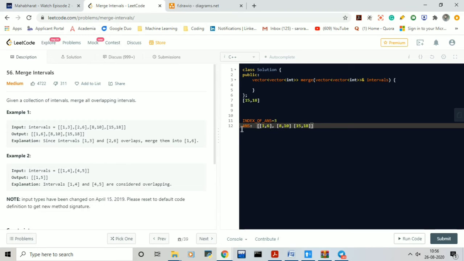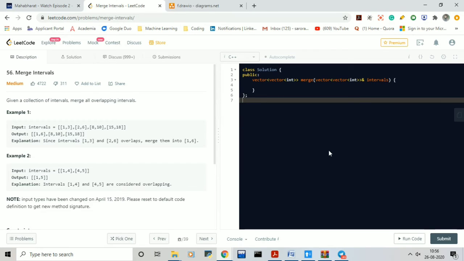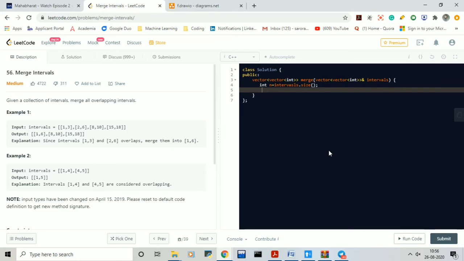So that's exactly how we are going to write the code. I think you understood the logic, right? Now writing the code is super simple. Let's try to write it in a very fast way. Initially I'm going to find the interval size, and then we will check, okay, if this n is lesser than or equal to 1, in that case we don't need to do anything, we will just return the intervals, and otherwise we will sort the intervals from begin